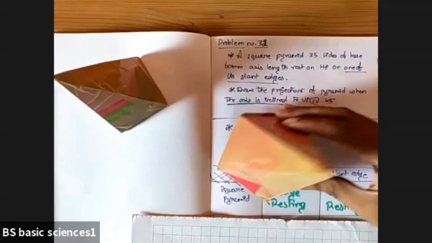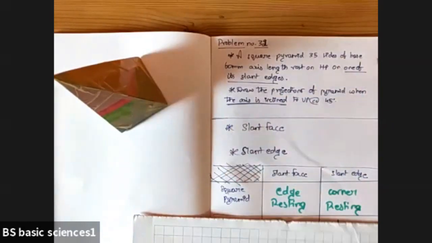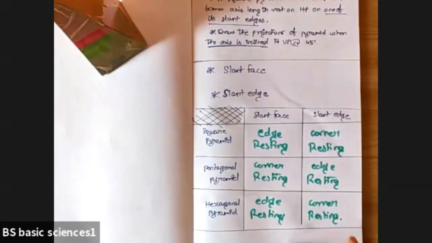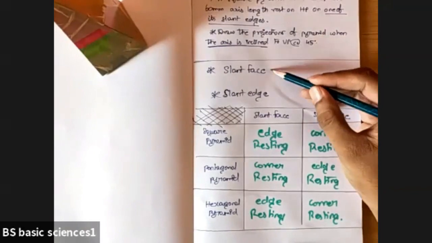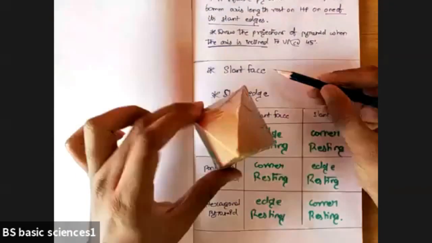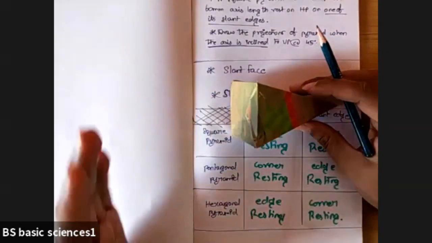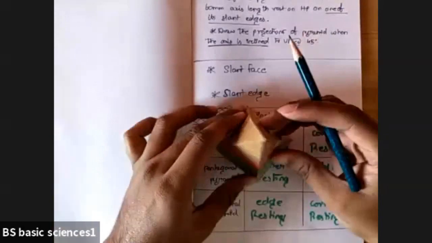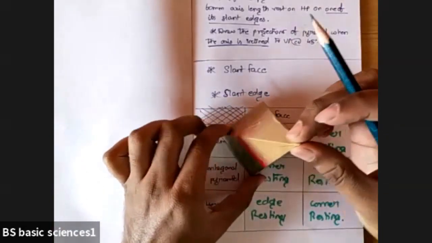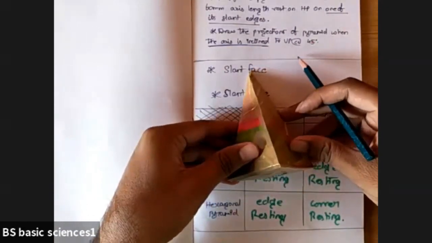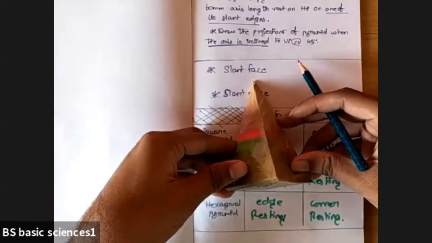The conditions in the problems which we will be solving now will be like this. This screenshot I'll be sending you in the class groups. Either it will be resting on the HP. You'll be placing this pyramid on the horizontal plane, but you're not inclining it. The previous problem which we have solved is inclined. First you'll be placing on HP, then with respect to HP you'll incline like this. So it was like this. You'll place on HP like this. After placing on HP, what you used to do is incline with HP at some particular angle. Now it is not like that.